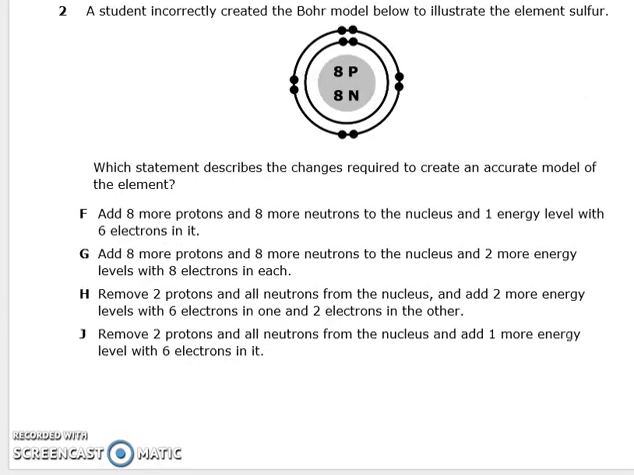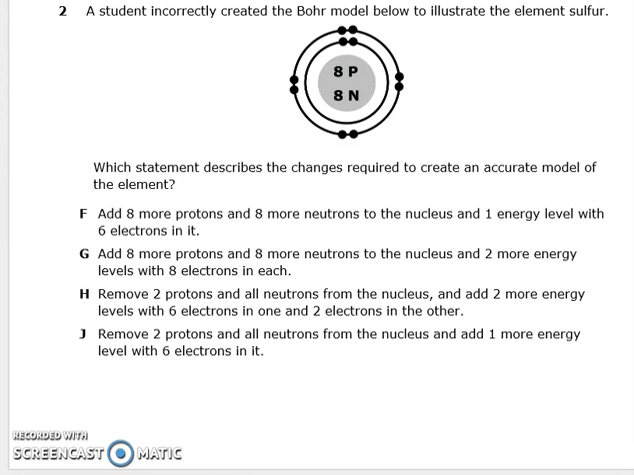Number 2. A student incorrectly created the Bohr model below to illustrate the element sulfur. Which statement describes the changes required to create an accurate model of the element? F. Add 8 more protons and 8 more neutrons to the nucleus and 1 energy level with 6 electrons in it. G. Add 8 more protons and 8 more neutrons to the nucleus and 2 more energy levels with 8